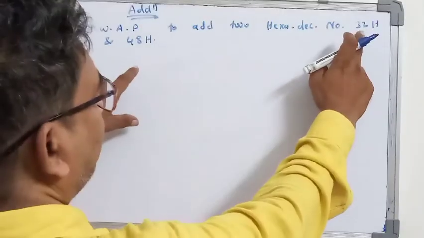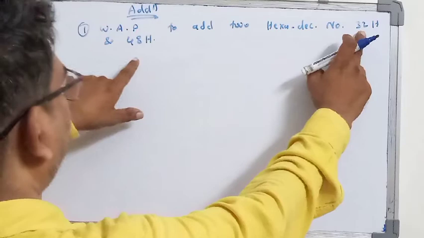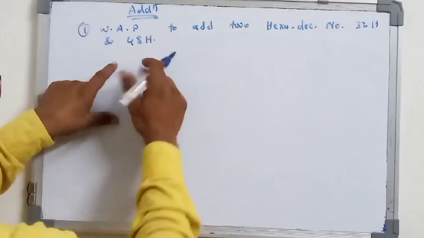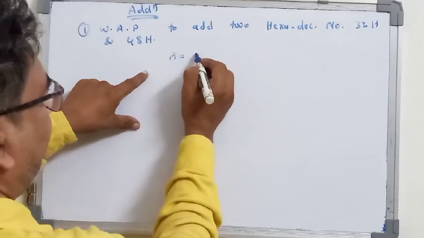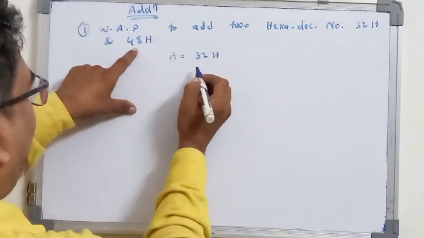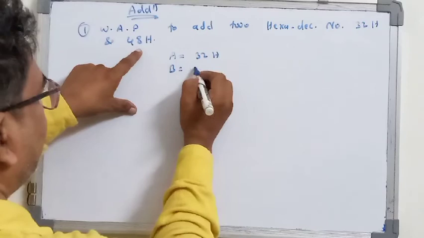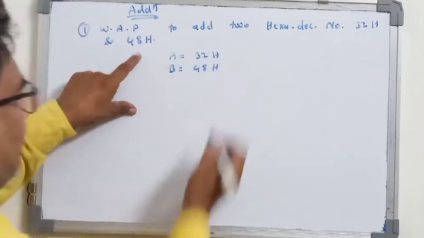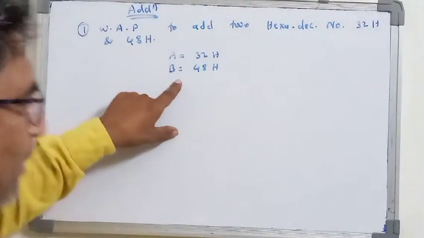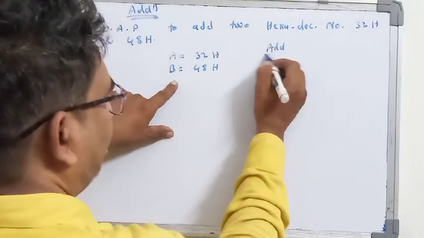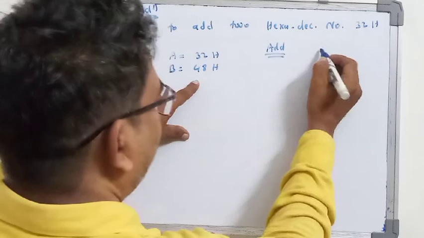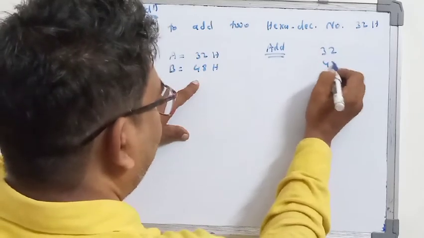Now, what is the first number? It is 32, and the second number is 48. Suppose we store the first number, 32H, in the A register, and the second number, 48H, in the B register. So these are the two numbers. Now if we add these numbers, what will be the answer? After addition of 32 and 48,